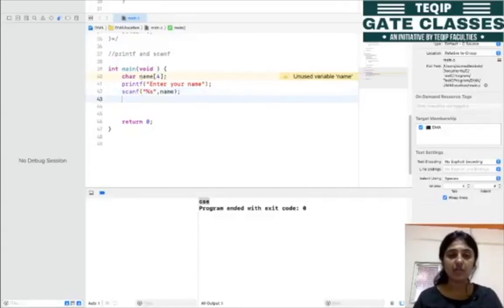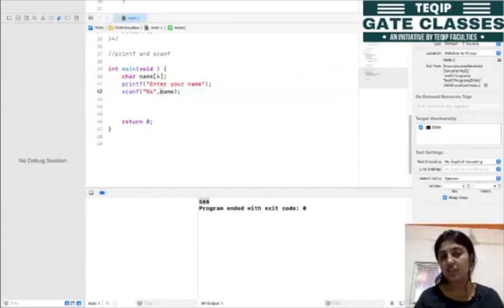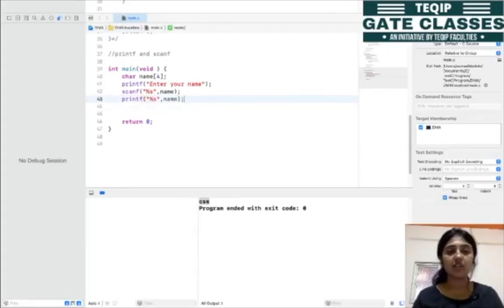So let's have a look. I have not used here the ampersand. So why we have not used this? As I told you earlier, this name is itself a pointer. And we know that pointers are basically used to hold the address. So this is already holding some address. So that's why we are not using the address with this name, and simply by using this printf statement with this %s specifier, we are printing the string, right? So let me run this thing.